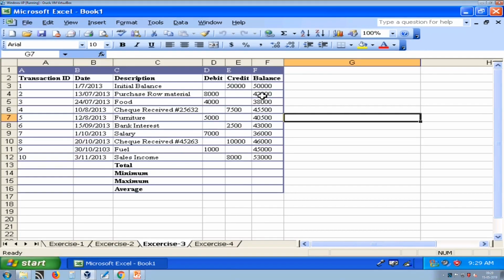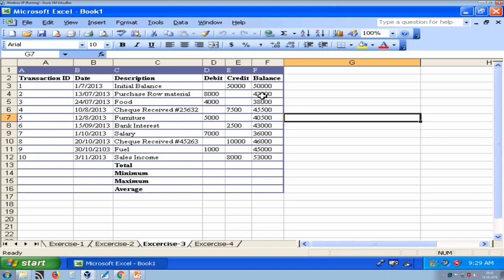Now, there are many kinds of charts. In this exercise we are going to prepare two charts, a bar chart and a pie chart. A pie chart can only be used for one variable, while a bar chart or column chart can be used for more than one variable, which we are going to show in this exercise also. So, let us quickly start our first exercise in Excel.